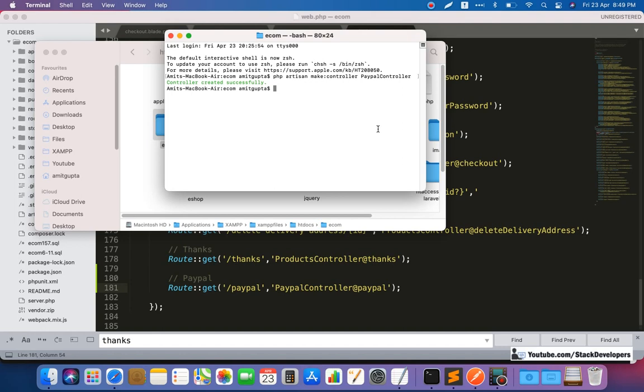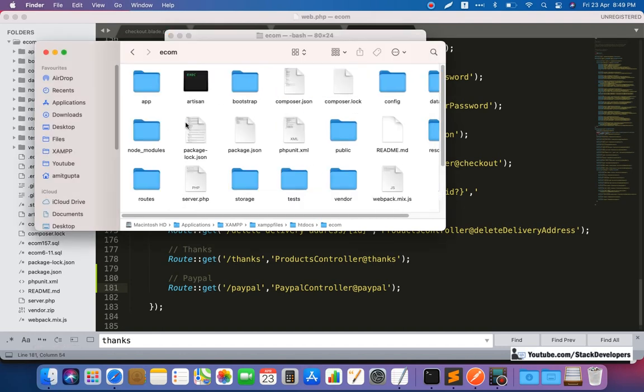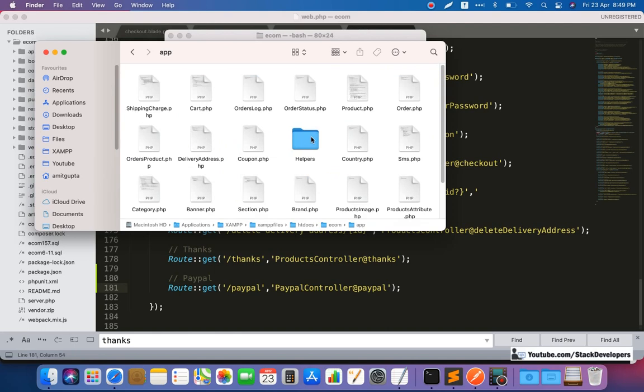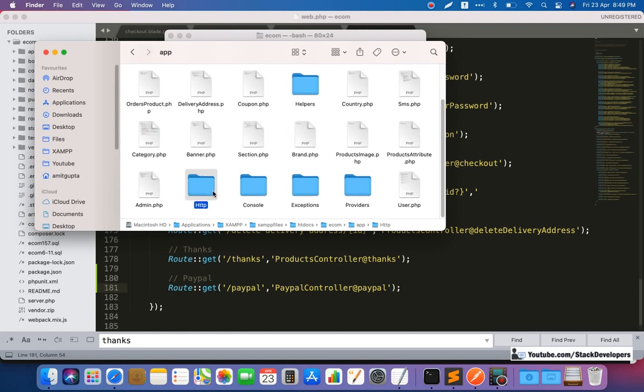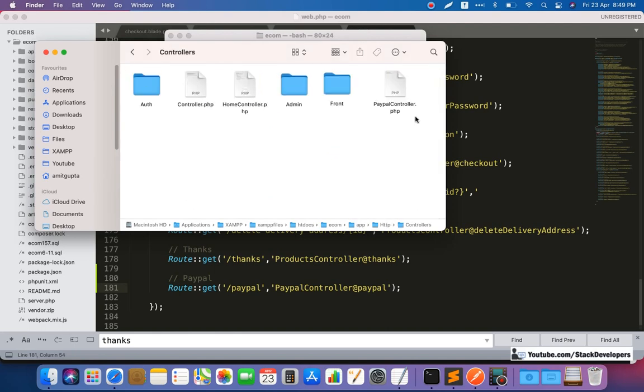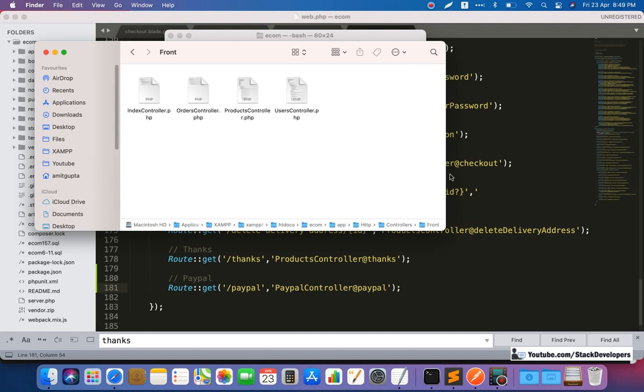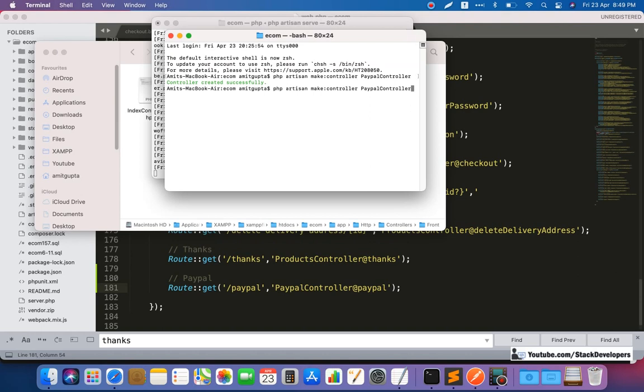Sorry, the PayPal controller we need to create under front. Okay, not at the root of the folders. Here you can see http controllers, and here we have created it, so that is wrong. We are going to create it under front, so we will do here front like this.